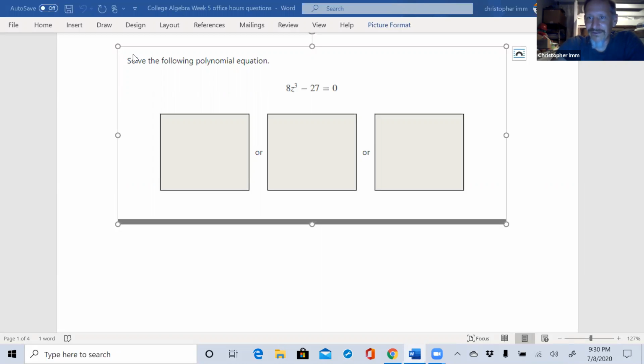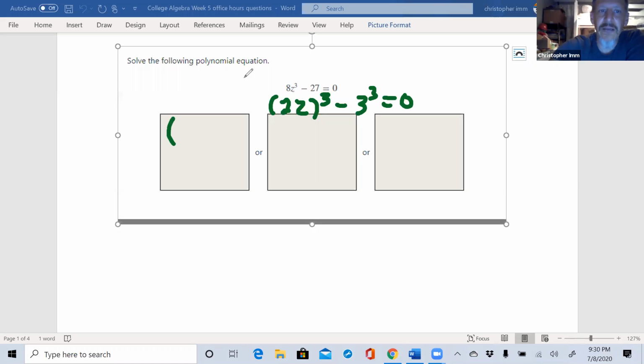Now this can be factored, but it's a technique that nobody remembers. So this is actually a difference of cubes. So I can look at this as 2z cubed minus 3 cubed is equal to 0. And when I factor a difference of cubes, I think we actually went through this really early on, maybe in the first office hours with the review material. You do one of the first, so the 2z, minus one of those 3's,